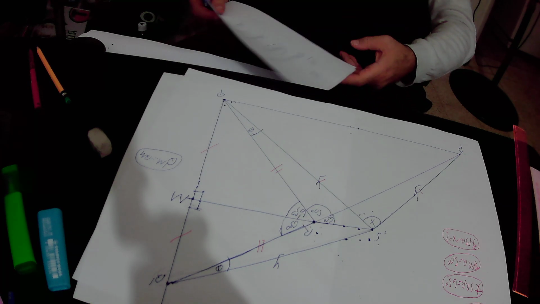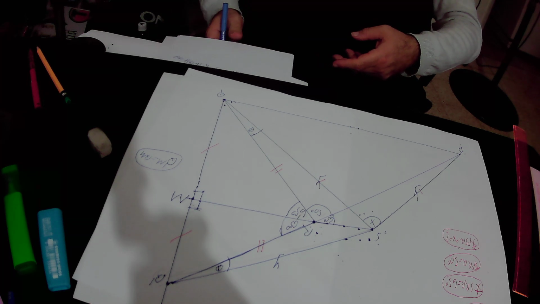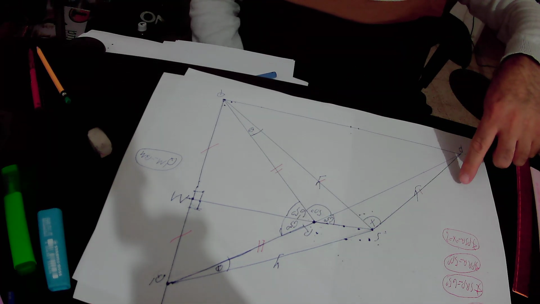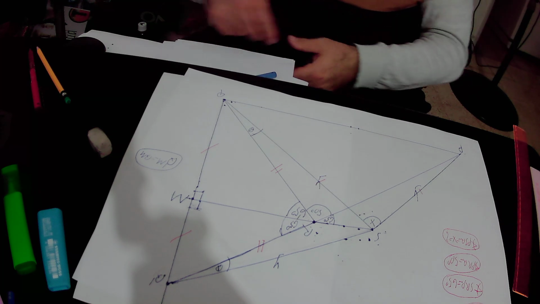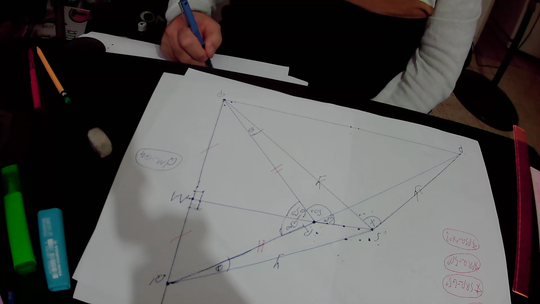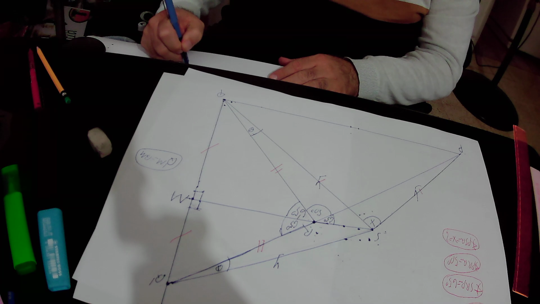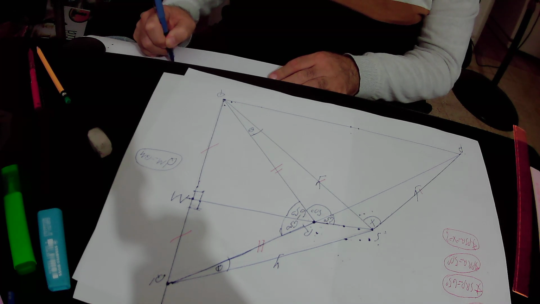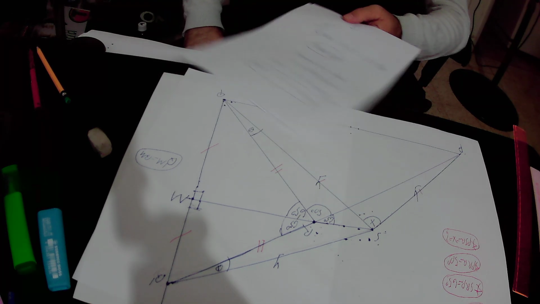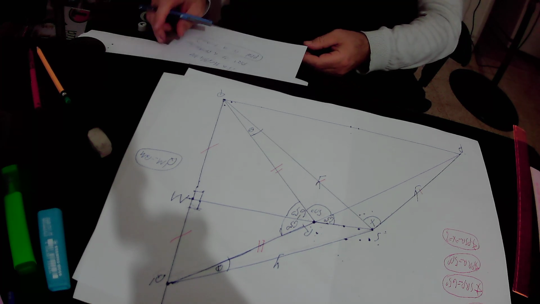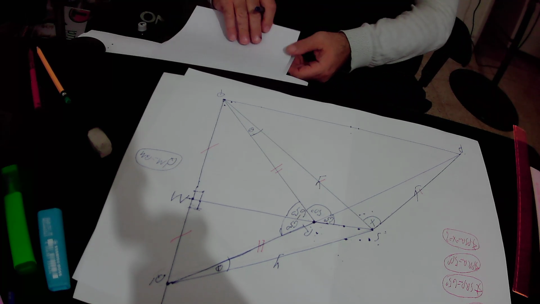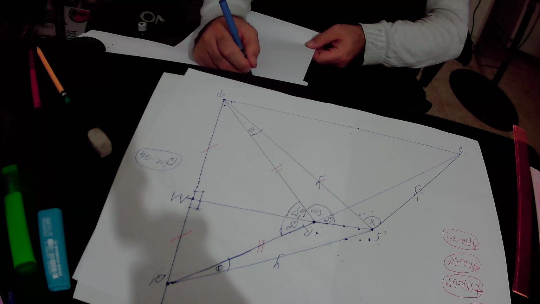Because PQ dash is a straight line, the shape PSQ dash is a triangle. So in triangle PSQ dash,